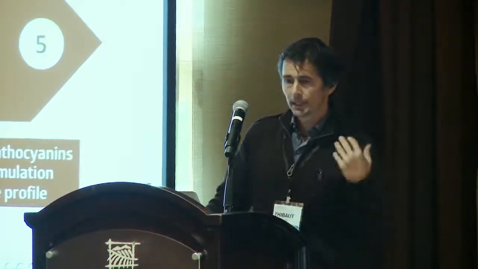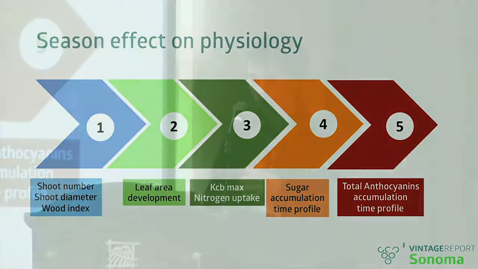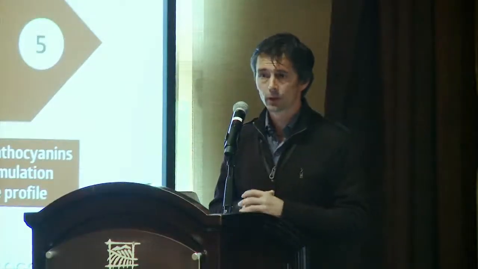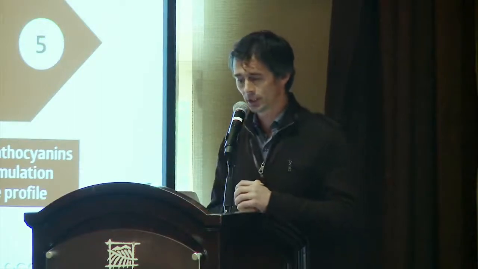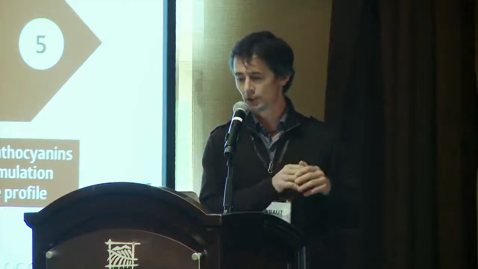And to keep on discussing according to this timeline, we have a battery of plant indices that we can monitor, and the variations thereof, in order to understand earlier on the footprint of the season. Typically during phase 1, we can look at wood indices such as shoot number, shoot diameter, or the fusion of both, which is the wood index. During phase 2, we can look at the speed at which leaf area unfolds. During phase 3, it's time to look at when nitrogen accumulation is peaking.